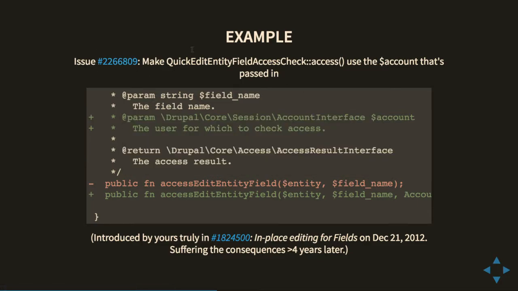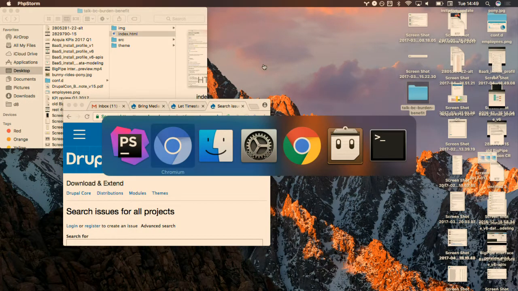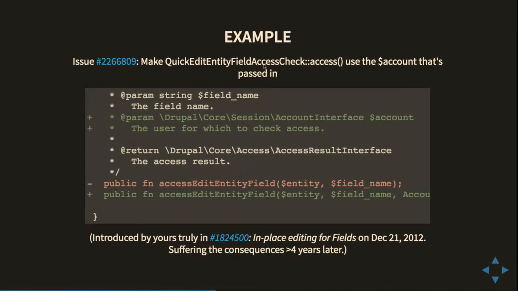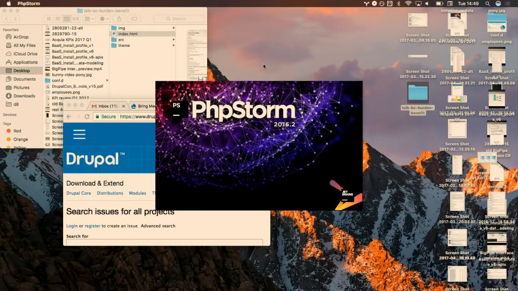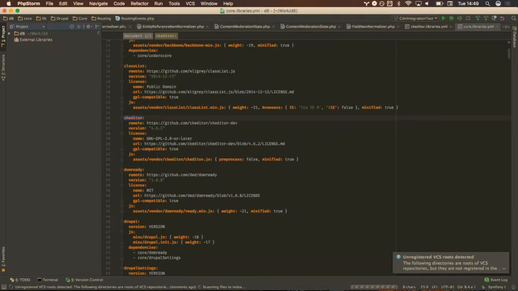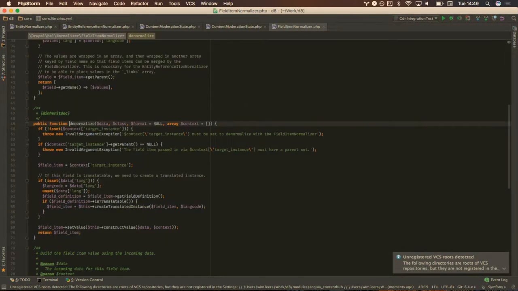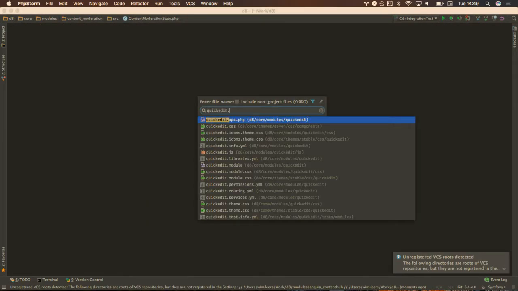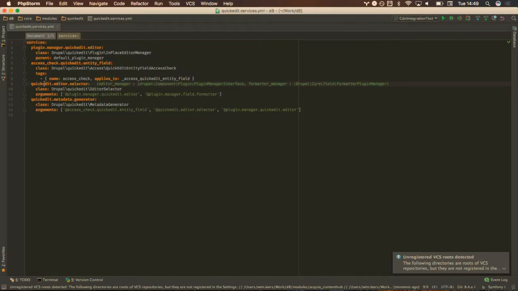So for example, in this case, let me open PhpStorm. In this case, we're providing an explicit API to implement a quick edit field access check. So we provide an explicit API to implement such an access checker, but what the alternative would be is instead